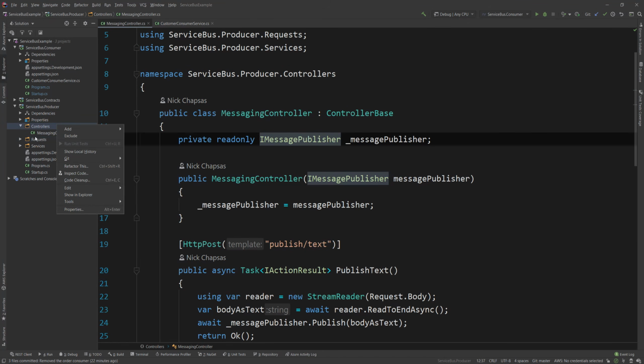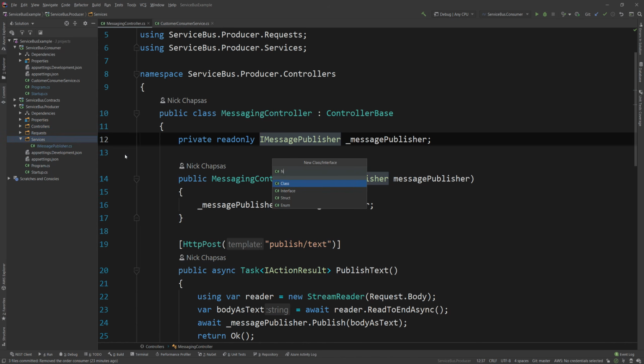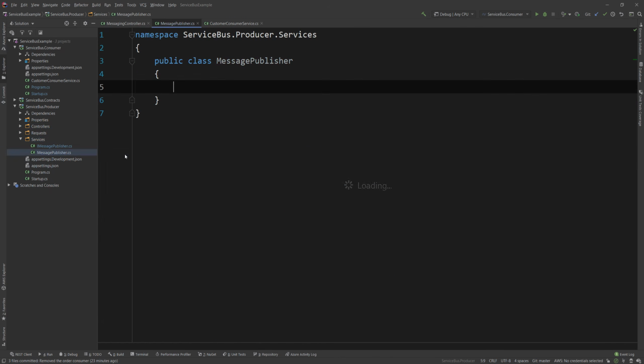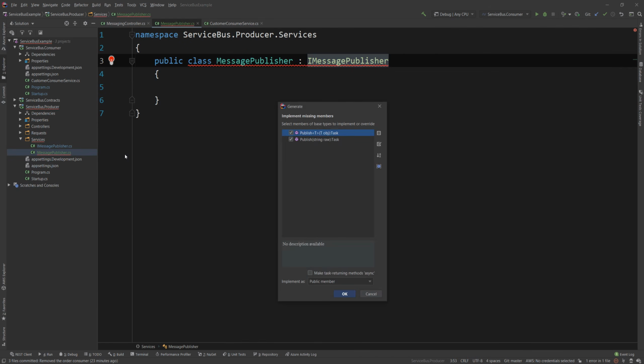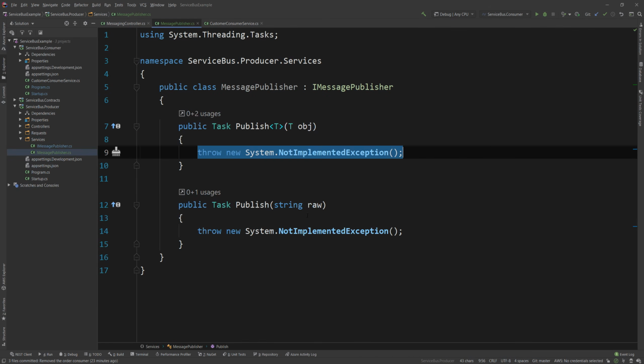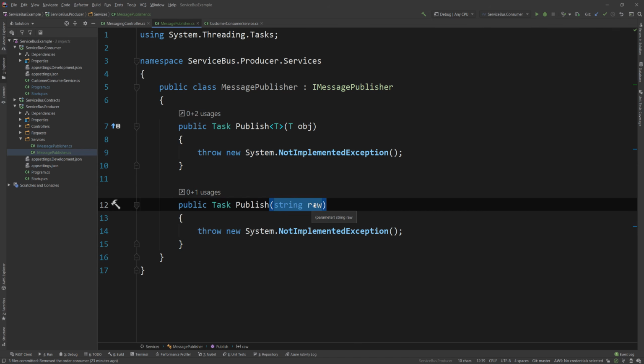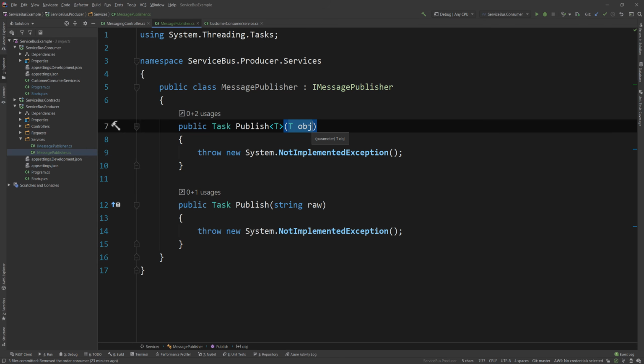This doesn't have an implementation, so I'm going to expand the services folder and say add class MessagePublisher. This is going to implement the IMessagePublisher interface, and we're going to implement the missing members. One of them just takes a string and publishes that string into the queue or the topic. And the other one takes an object. We're going to serialize that to a string, and then publish it into the queue,